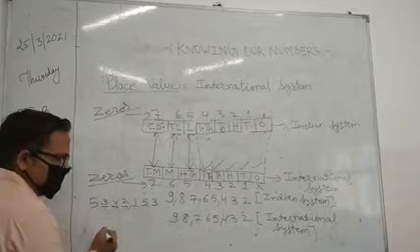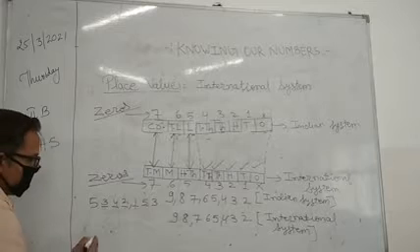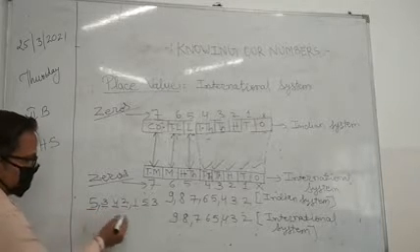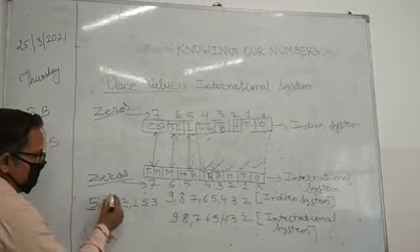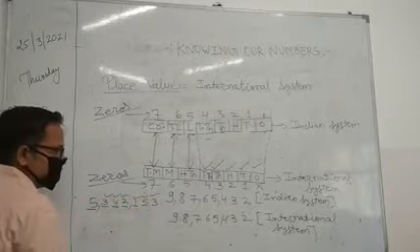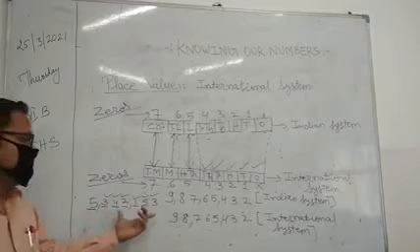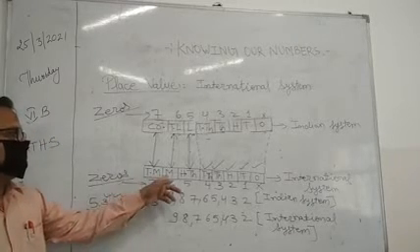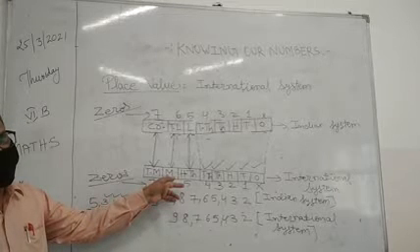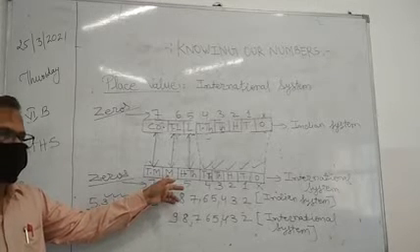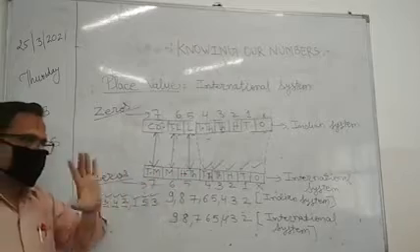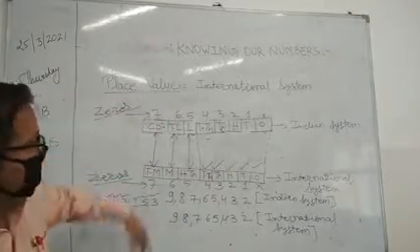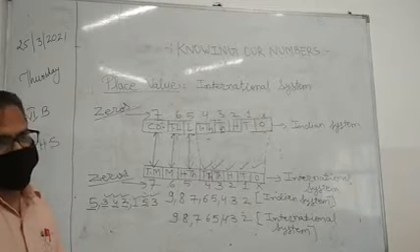And in millions, how we insert the commas: after 3 digits, we have again 3. So we have got 1, 2, 3, 4, 5, 6 digits. If a number has 6 digits after it, it will come into the position of 5 and become a million. Okay. How many zeros are there in a million? 6. In crores there are 7. So from that chart you can easily identify that. Is that clear?